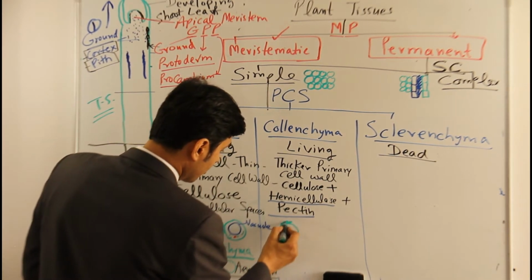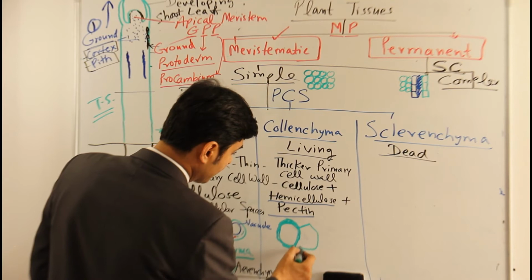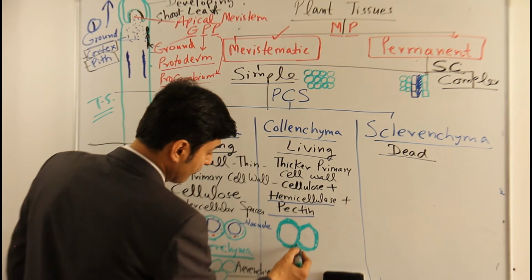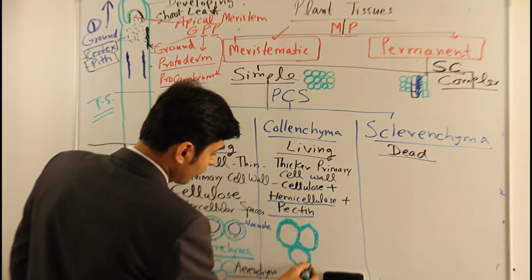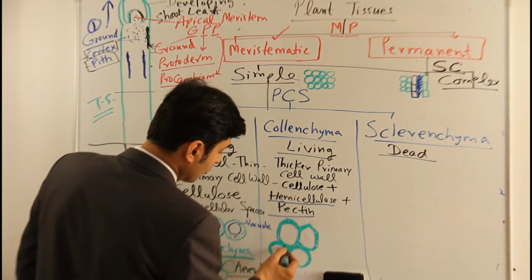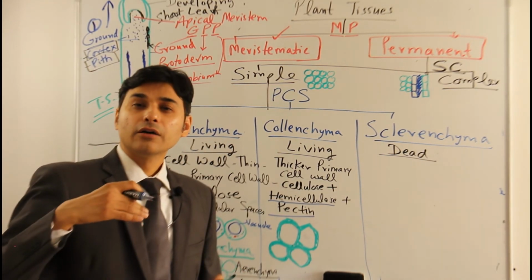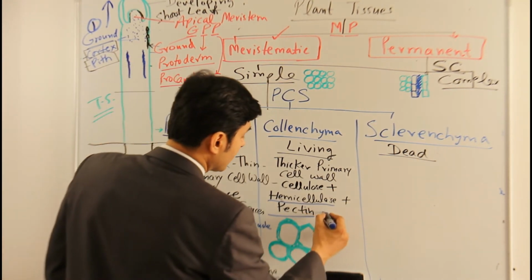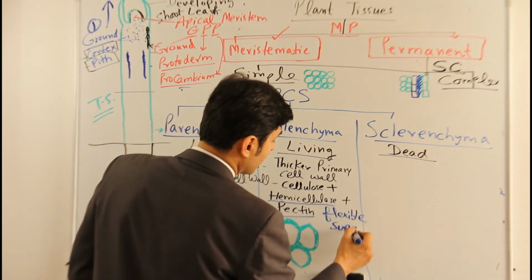So now if I draw a collenchyma, you can see they have a thicker cell wall. You can see the difference between the two: both have a primary cell wall, but I have made more deposition here. So this is basically the collenchyma. Now what is the main function of this collenchyma? As you know, the parenchyma fills the ground tissue, but for the collenchyma, the main function is flexible support. It gives support, but at the same time it is flexible also. So the main function is to provide flexible support to the plant body.